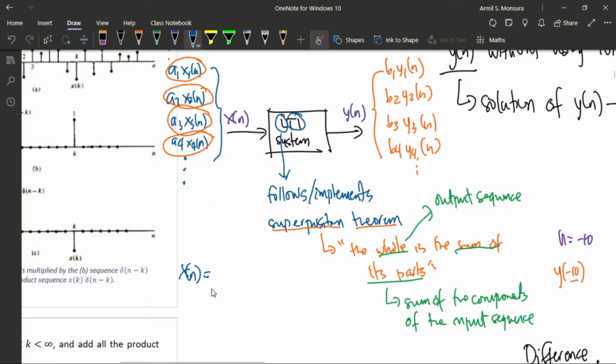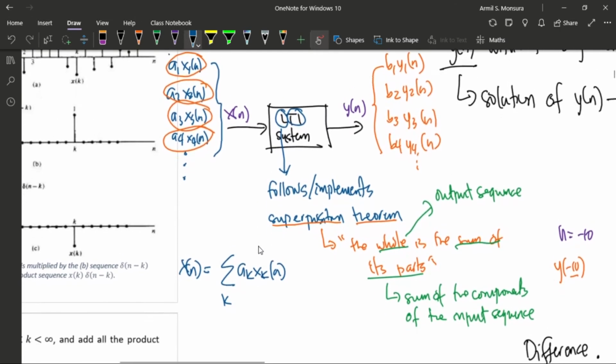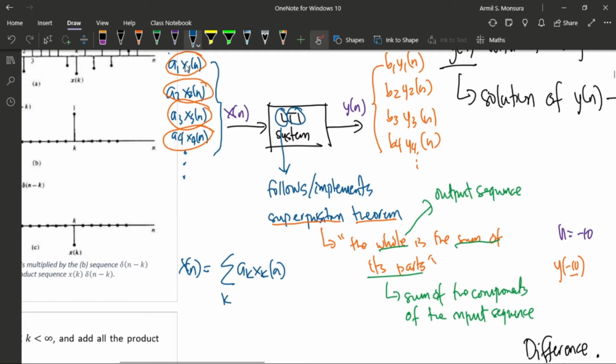So yung xn natin is A1 X1n plus, gano'n lang, para mas mabilis, yung xn natin is the sum of Ak Xk of n for all k. So ngayon ang yn nyo naman, supposedly ganito, pagka in-input nyo ng buo,